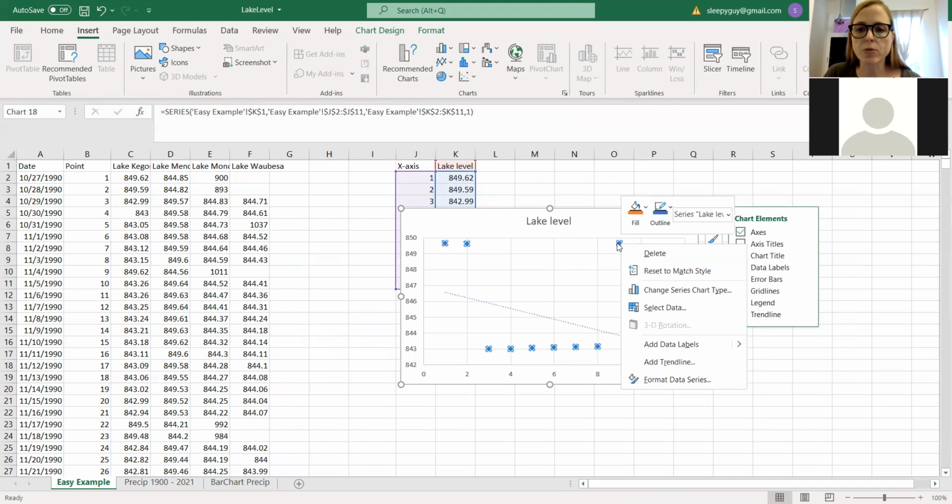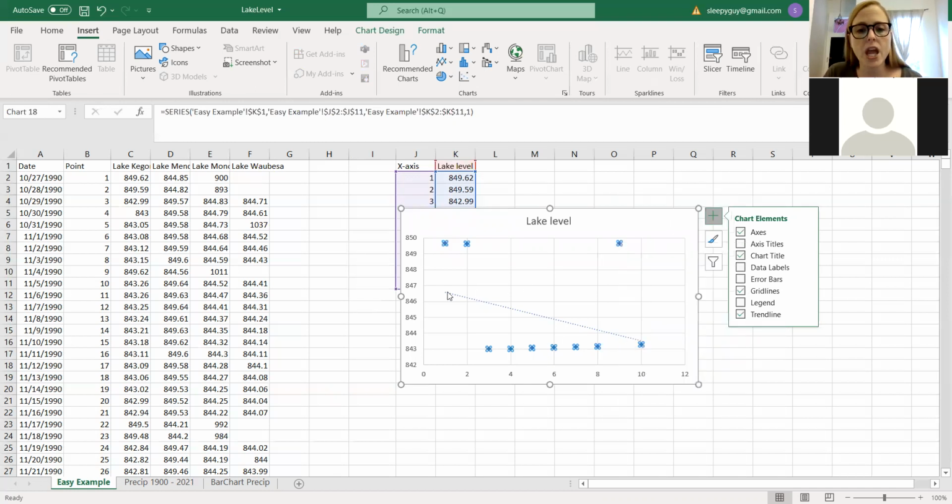If you put your mouse over the data point and hit right click, you can also add a trend line that way, and that works in earlier versions of Excel. This is not real data because it's only 10 data points, so I wouldn't trust this as evidence of climate change. But I just wanted to have a very simple chart just to explain how you would go about